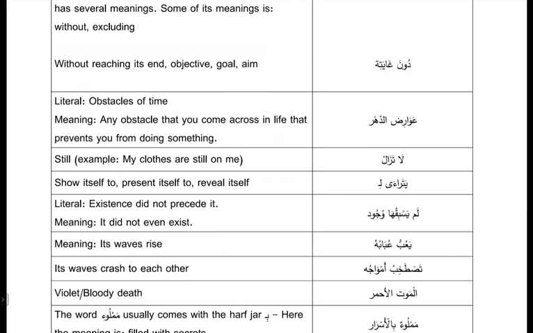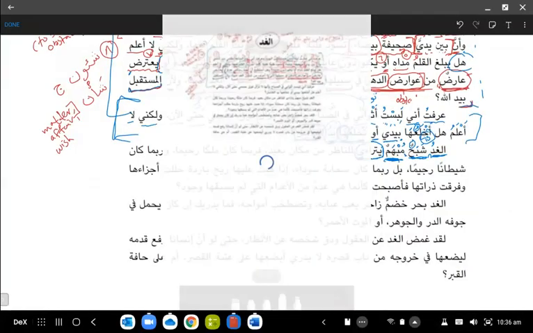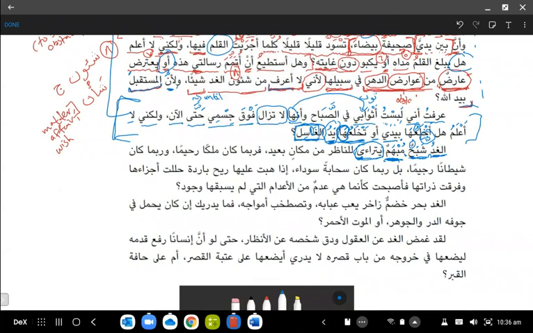يتراءى. رؤى. It's ra'a, isn't it? Ra, hamza, and then alif at the end. Ra'a, ra'a. Yeah, so we don't say ya at the end. It has a shape of a ya, like ra'a has a shape of a ya, but we don't say it's a ya, right? It's an alif. So ra'a, and we've come across this before. So this is how you write it, ra'a. Okay, it's irregular.